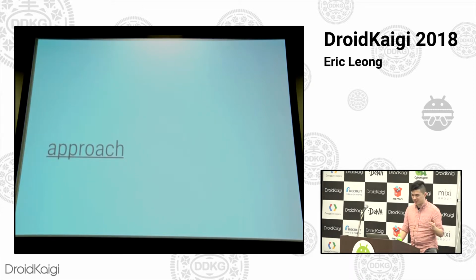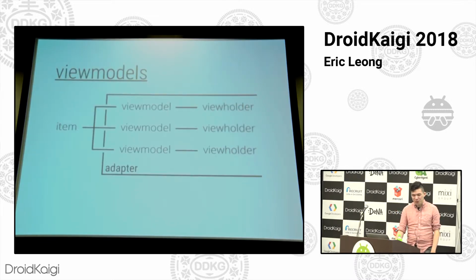Cool. But I said a lot of words about what we wanted to do. I basically gave you that Facebook's fast rendering newsfeed on Android post over the past 10 minutes. But unfortunately, I didn't tell you anything about how to actually do this. So like I was showing before, how do you map from one item to multiple view holders? Well, one approach